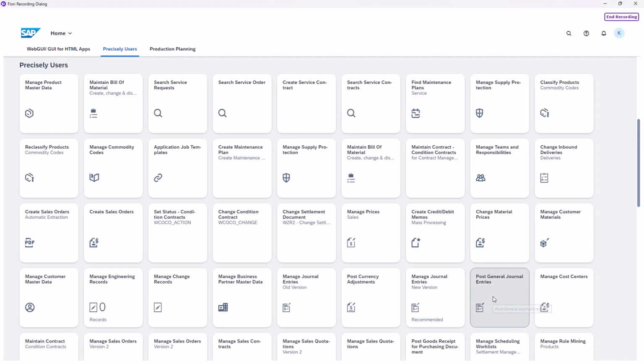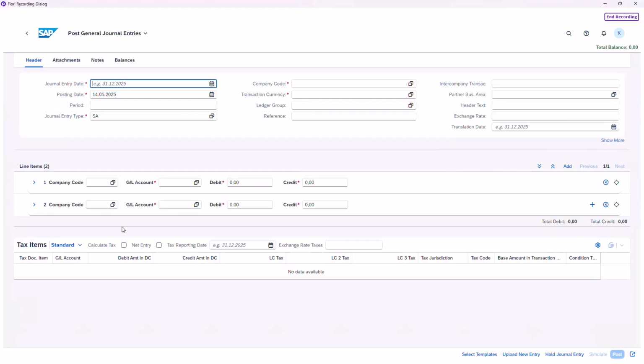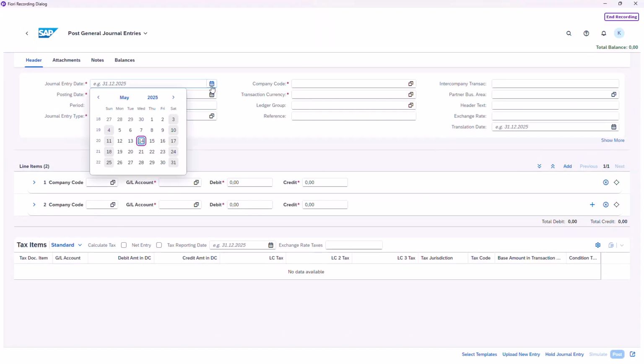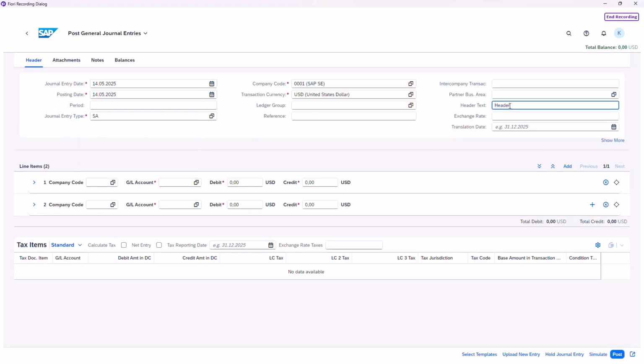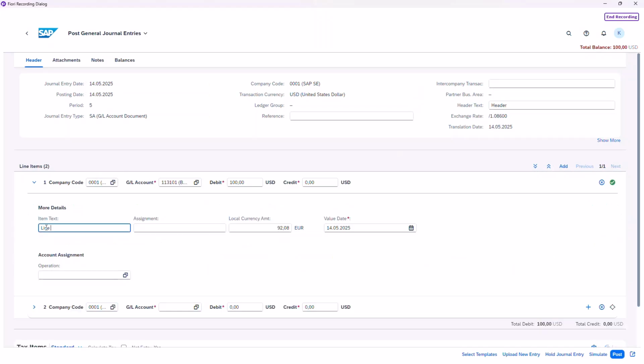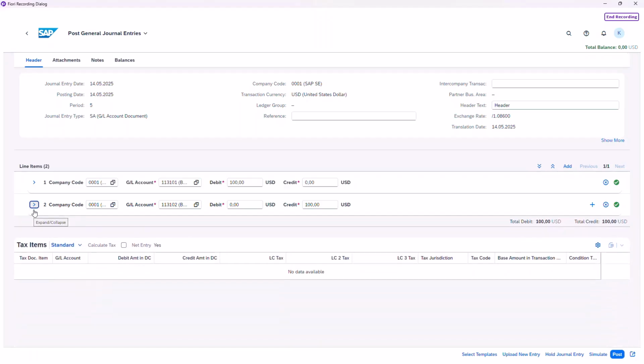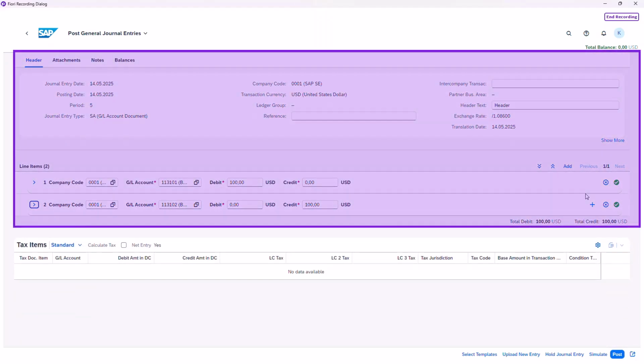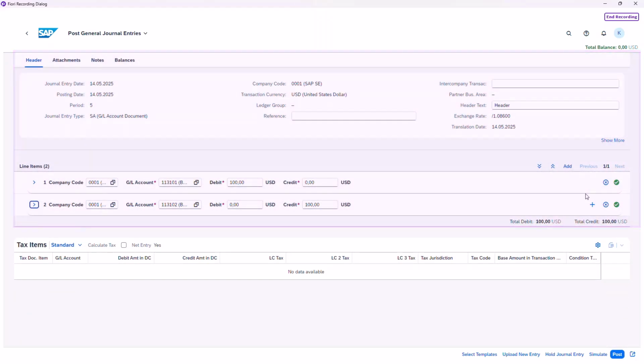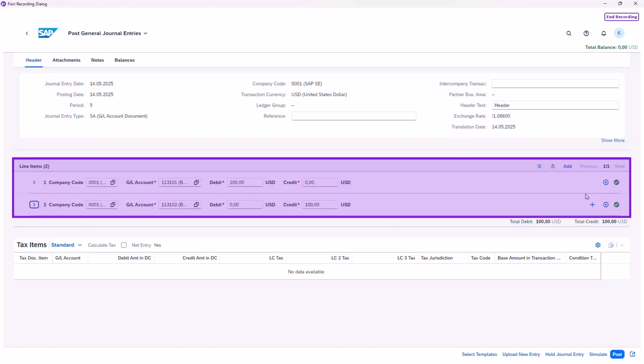loops. After selecting the app in the Fiori recording dialog, you'll enter data for header and line items. The way that you record the line items in SAP depends on the app used to record the script. Some apps require multiple rows of data to be processed at the same time. For many of these apps, SAP separates the data into two parts, the header section and one or more line